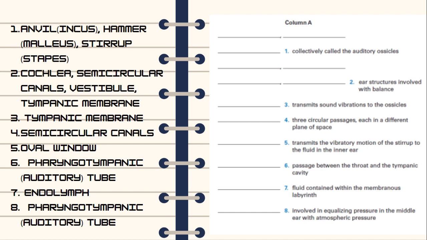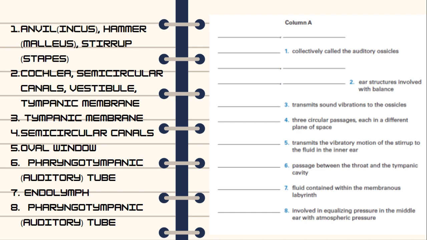Number 3. Transmit sound vibration to the ossicles. Our answer is tympanic membrane. Number 4 is 3 cellular passages, each in a different plane of space. Our answer is semicircular